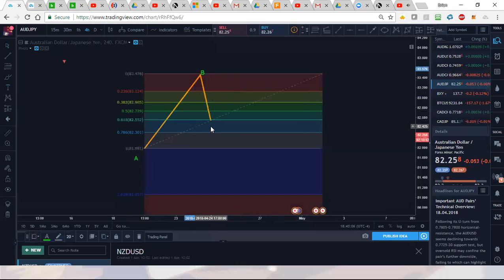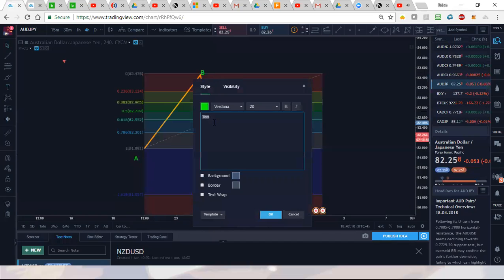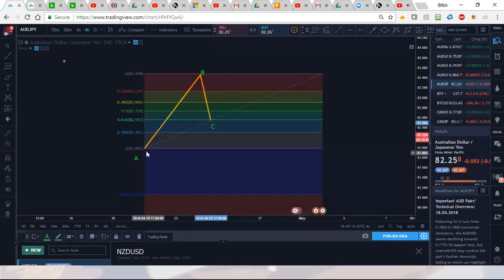And so right now, I'm thinking that this reversal here is my C point. So price goes up, you find your swing high, and then you get your retracement. And so after your retracement hits the 0.618 level, which validates that this is a right pattern,